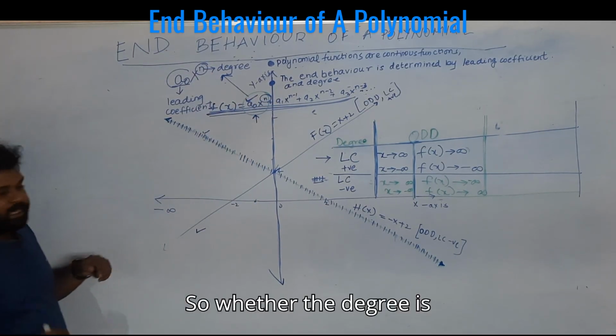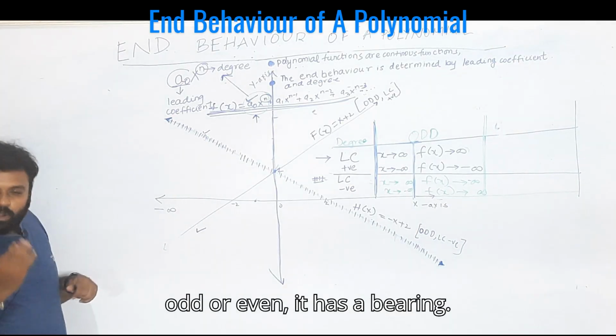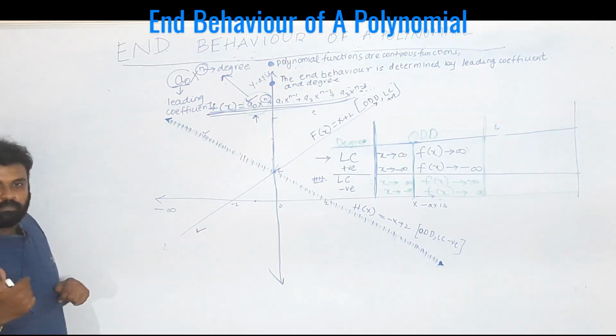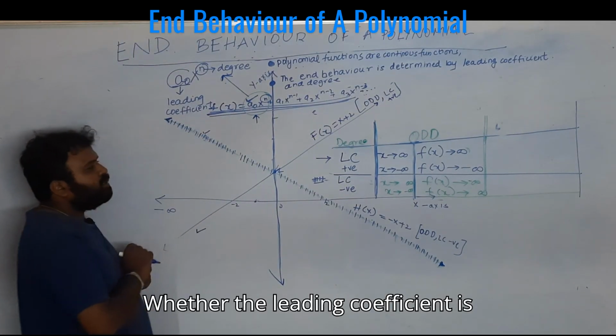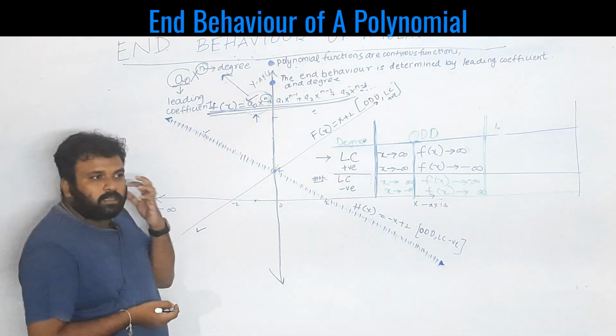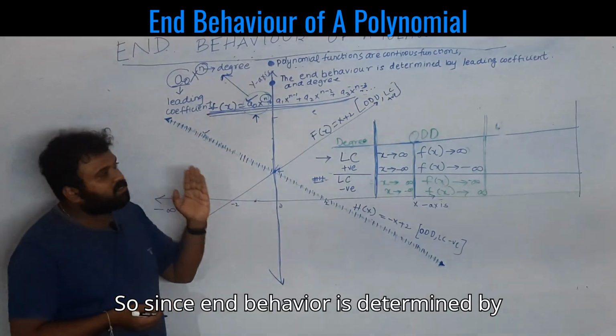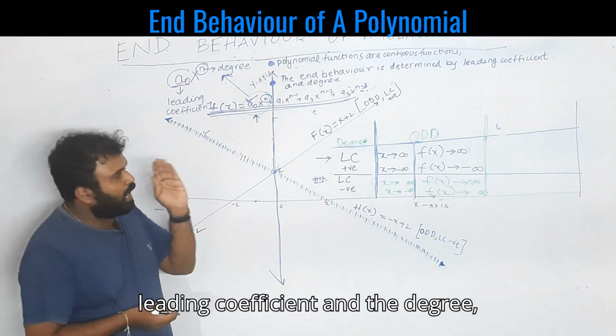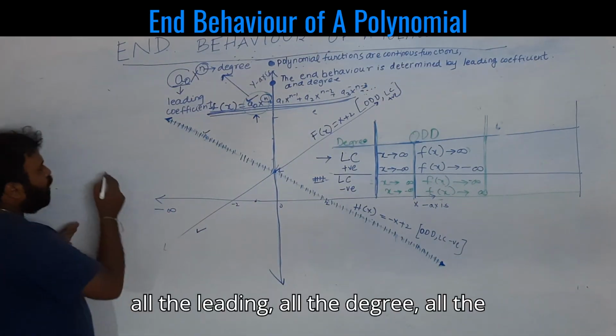Whether the degree is odd or even has a bearing. Whether the leading coefficient is positive or negative has a bearing. So since end behavior is determined by the leading coefficient and the degree,